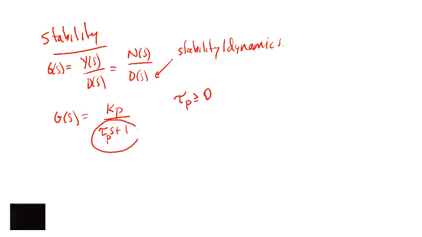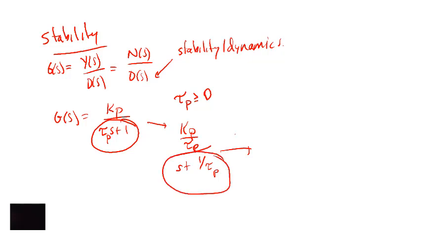Therefore, if we have a first order transfer function, this term right here is always going to look something like this form, right? So ignoring what this is, it's always going to look like this type of form. So this is going to give us essentially a Kp. We'll call this Kp. Let's just do a little bit of math. So I'm going to divide everything through by tau p just to make it look like the table. So this is going to be s plus 1 over tau p. Now this is not standard form, but if we use this to look at the Laplace table,